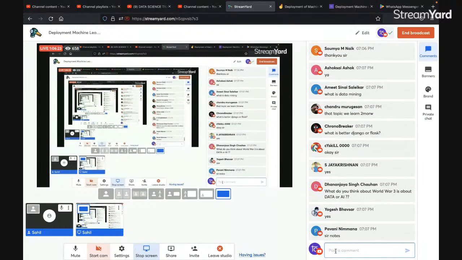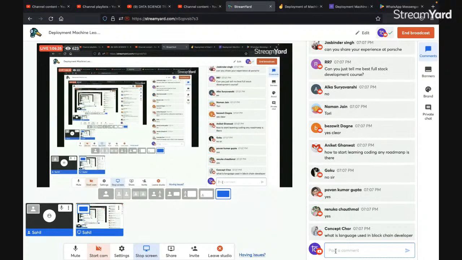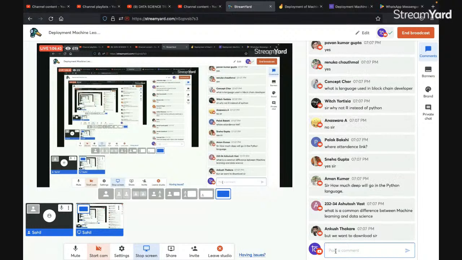See, Django and Flask both are good. The only thing is the situation defines whether you have to go with Flask or with Django. If you're working on a heavy application or a big application, then I would prefer Django. If you want a 5-minute deployment, or your purpose is to deploy the model quickly, or you have to create something very quickly, then you can go with Flask.